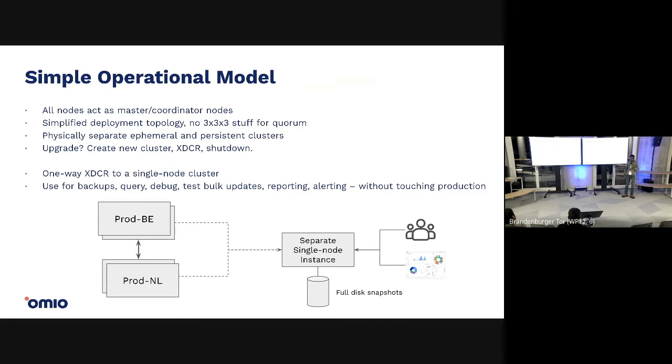You want backups, just schedule, like in Google Cloud or whatever cloud provider, a daily disk snapshot, and your backups are kind of solved, right? And all our engineers who want to test stuff, I want to check this query, I want to debug some document, I want to, like,